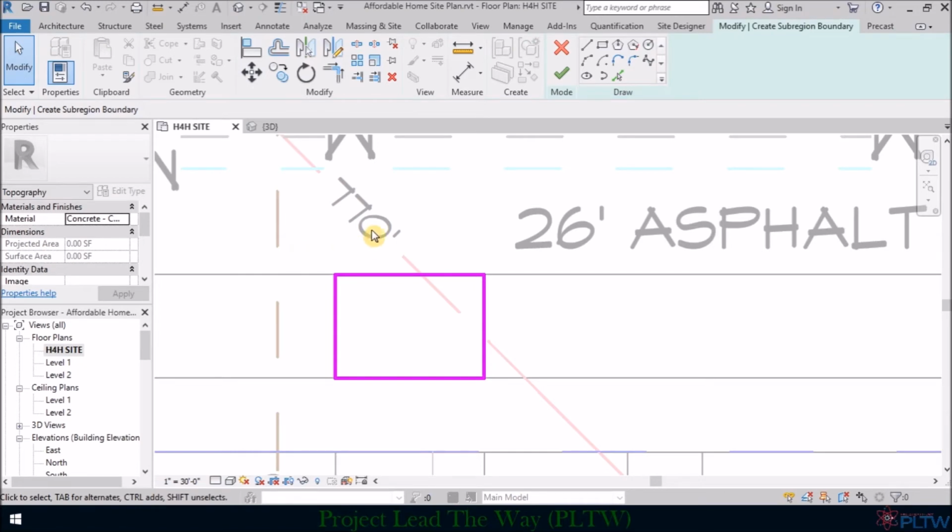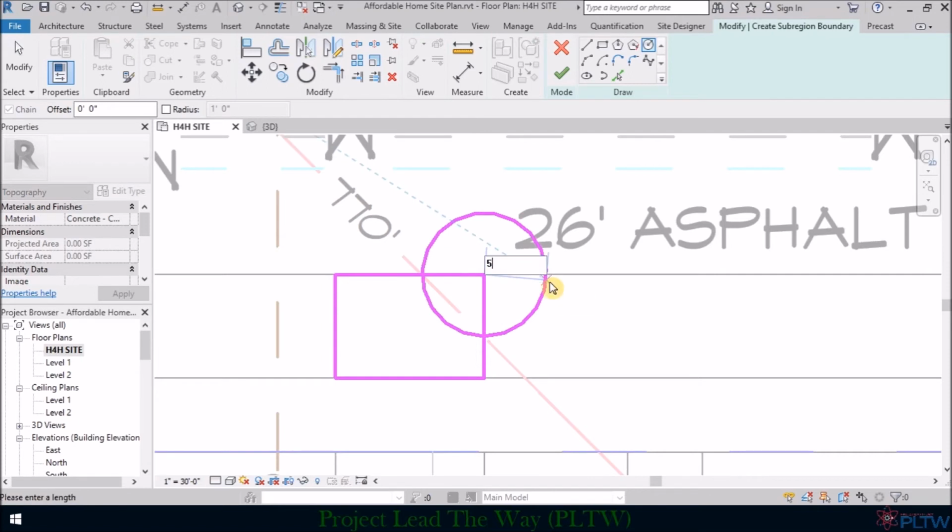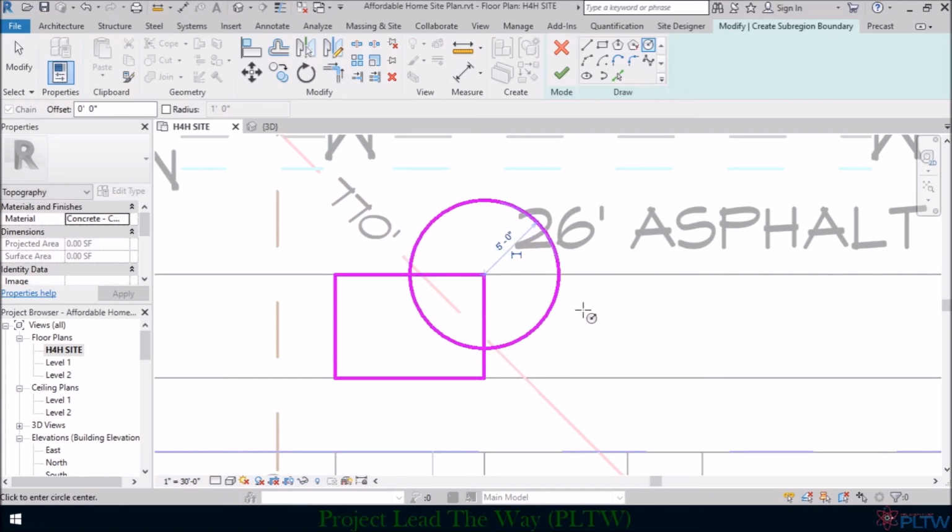So what I want to do is, while I'm still in this subregion, I'm going to go to circle, and I'm going to just draw a 5 foot radius circle with the center starting at this point. And then what I'm going to do is start another circle, and just follow along with me here. You're probably going to be scratching your heads wondering why I'm doing this, but there is a reason why I'm doing this. But again, this 5 foot radius circle, or this 10 foot diameter circle, its center is at this